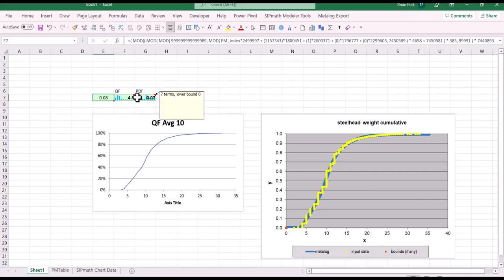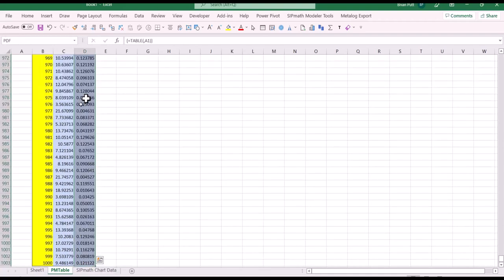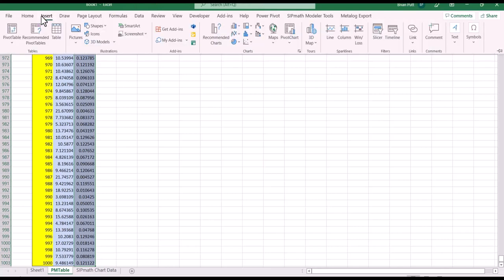And what I want to plot is this distribution on the Y and the quantile function on the X. Now to do that, I have to come over here to this PM table. And I'm going to highlight this PDF, Shift N down, and I'm going to insert a